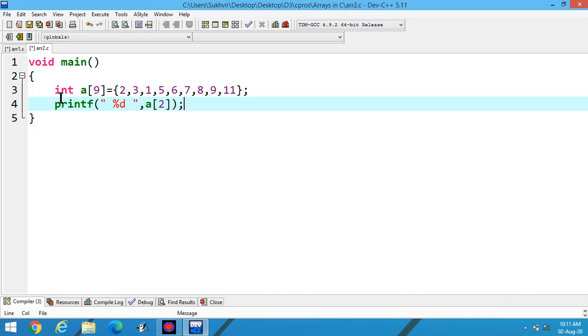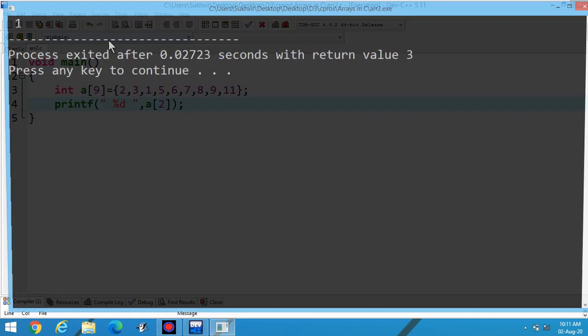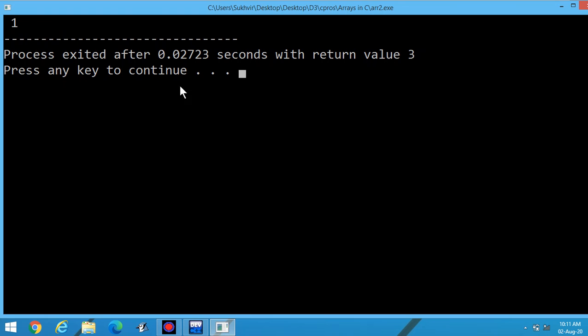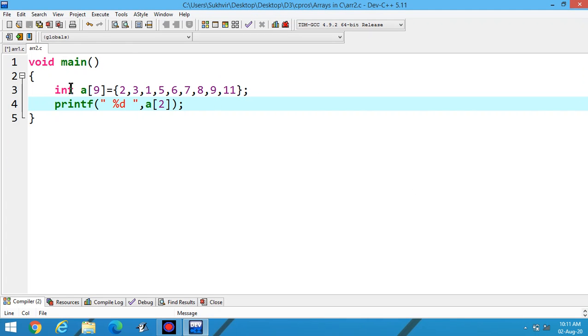Now what will be the value? This location is 0, 1, 2. I think 1 is required. Let's execute the program. 1 is there. It means I can access the elements using A0, A1, A2, A3 like this.